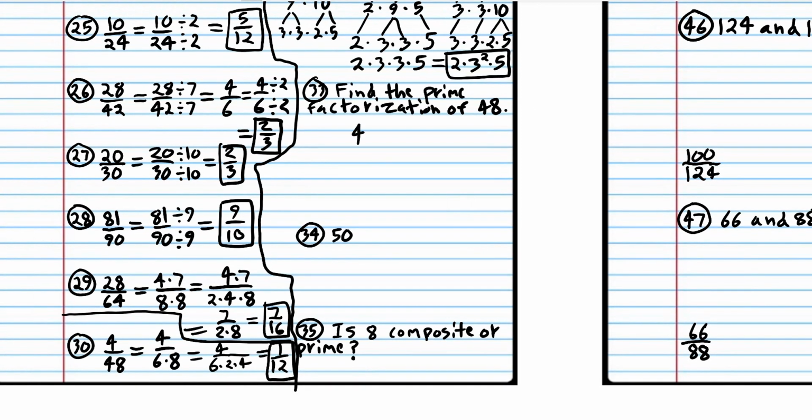You're going to take 48, write it at the top. In fact, let's go ahead and write it up here. All right, so we're going to break it up into branches. I know 48 is 6 times 8. You want to use your multiplication facts. It'll make this go a lot faster. And I know that 6 is 2 times 3, and I know that 8 is 2 times 4. But we can keep going because 2 times 2 is 4. And just bring down the other numbers. And remember to write dots in between the numbers. And so the final answer